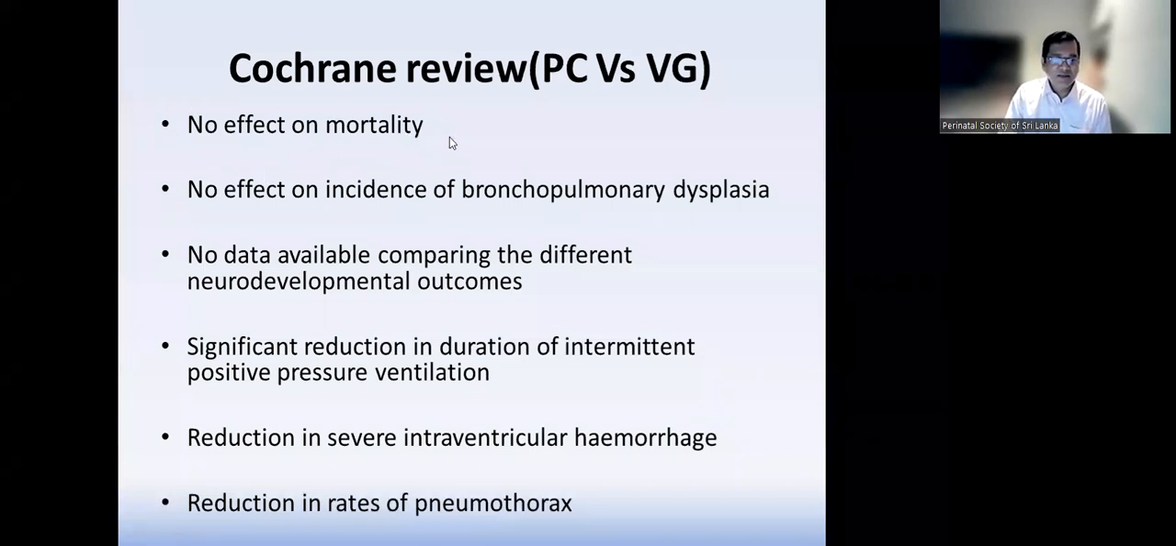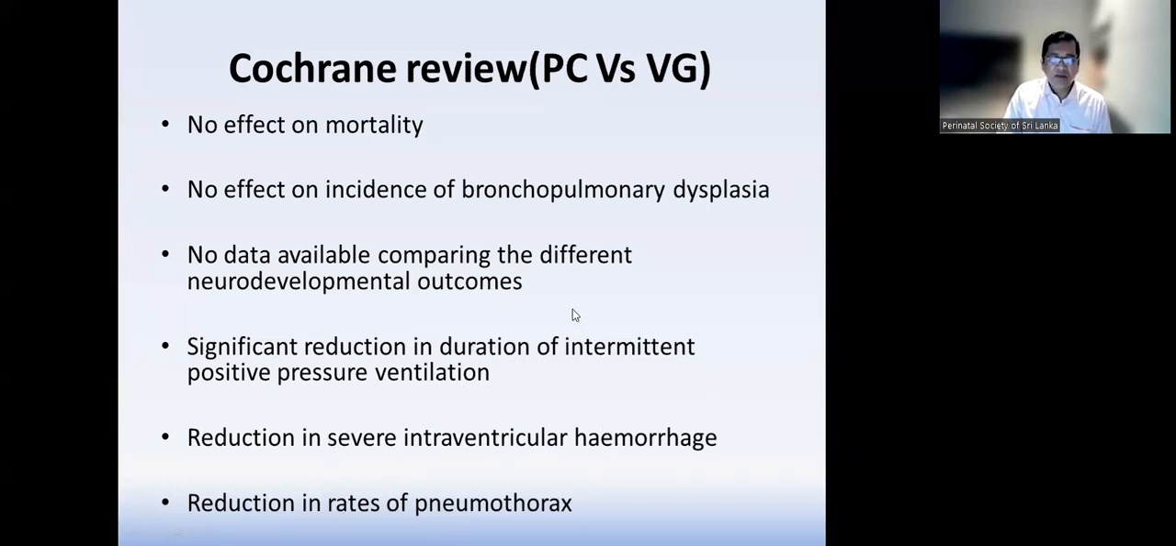So mortality has no actual effect. And this is the old literature, no effect on incidence of bronchopulmonary dysplasia. But now there is new evidence emerging that in terms of bronchopulmonary dysplasia, volume guarantee ventilation is better, but this is some old literature. And the neurodevelopmental outcome, there's no difference. A significant reduction in duration of intermittent positive pressure ventilation. So when you go for volume guarantee ventilation, the duration of ventilation is less, and reduction in severe intraventricular hemorrhage,